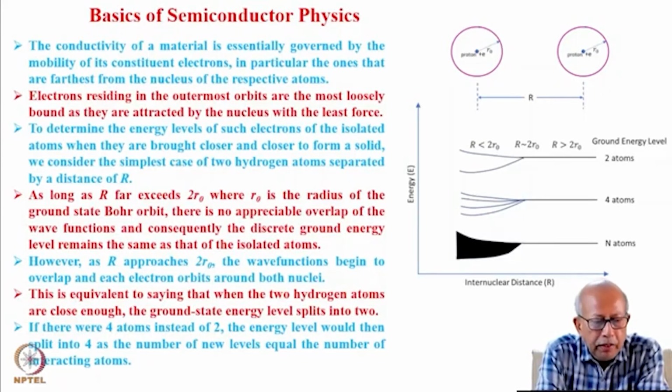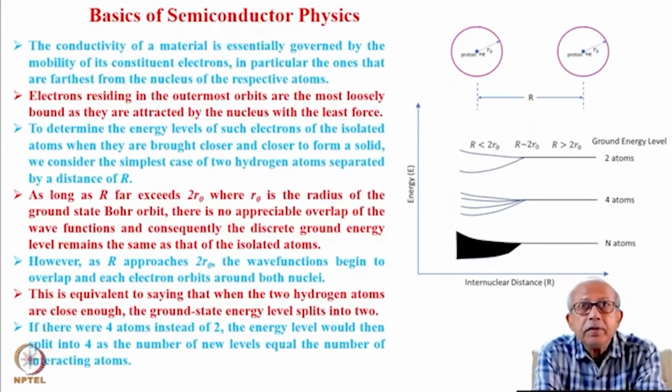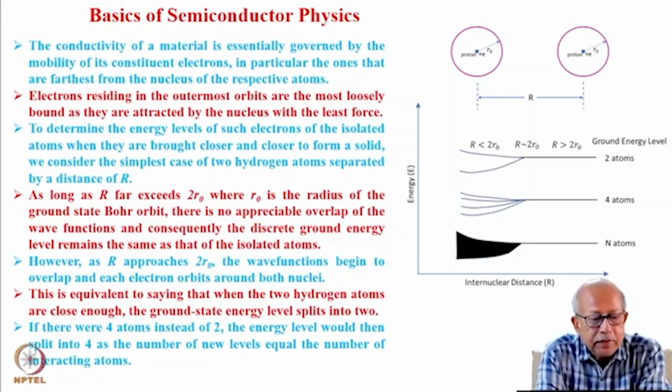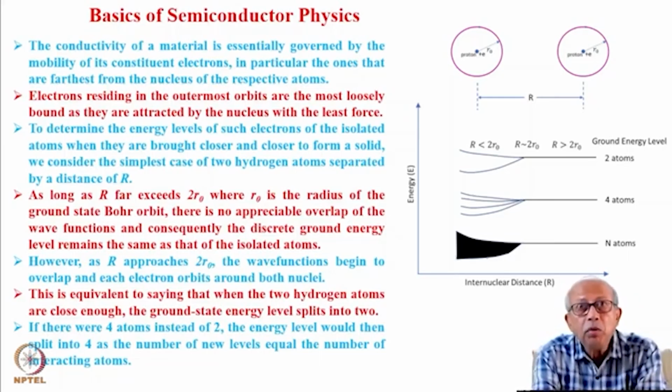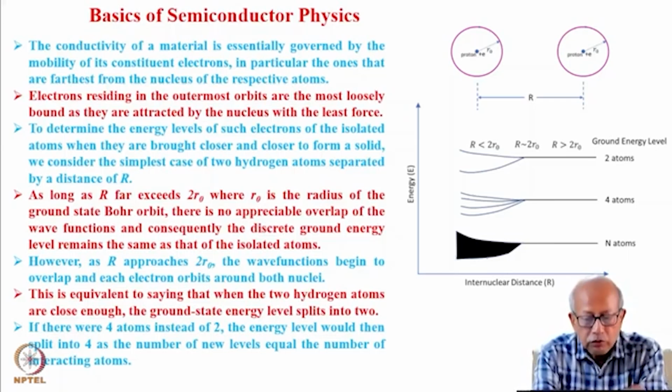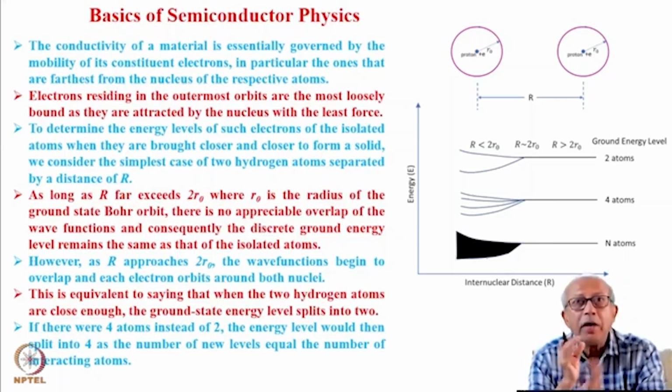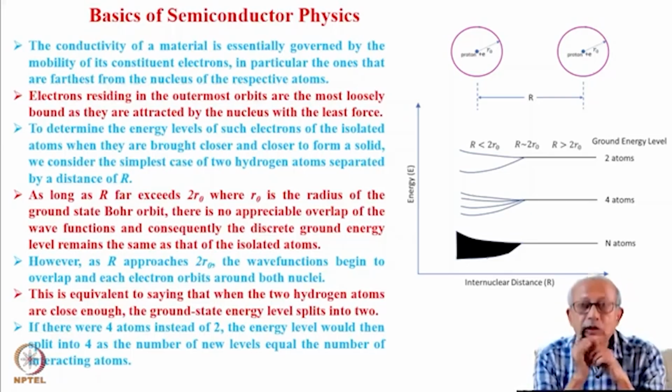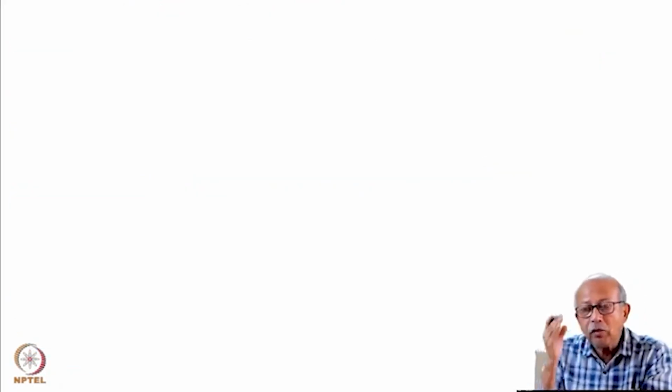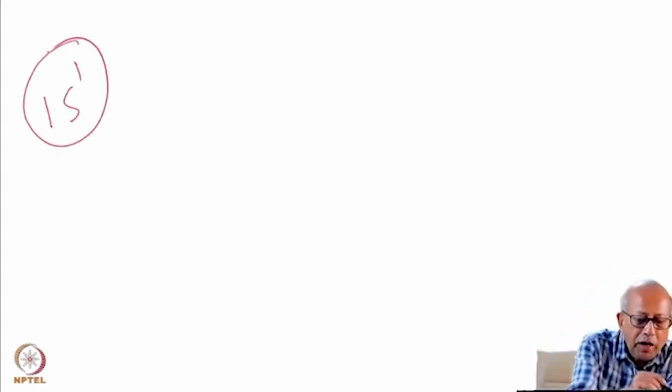So we begin today exactly from where we ended the last class. That is to see how the energy level of an isolated atom is affected when another atom is gradually brought close to it. So for this, we consider two hydrogen atoms, the simplest of all atoms, which have only one electron. As we know, the hydrogen atom's electronic ground state can be identified as